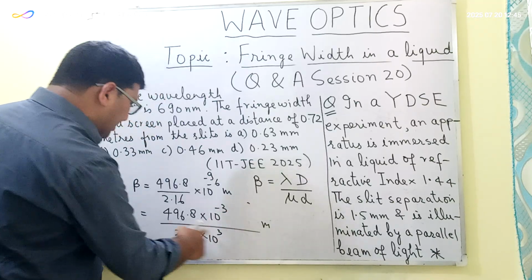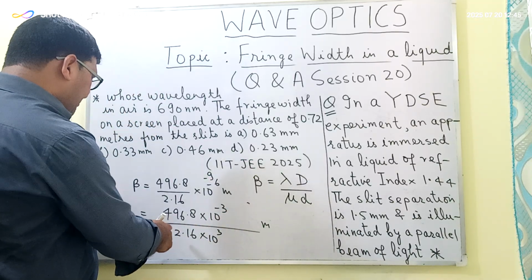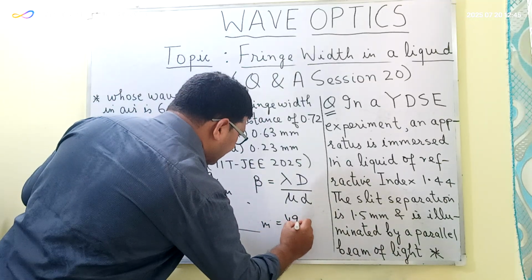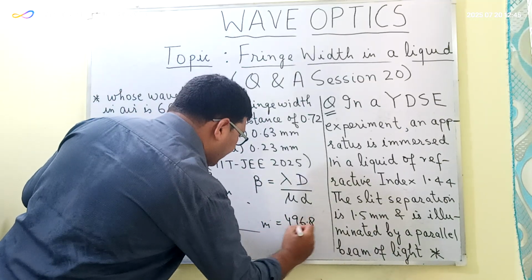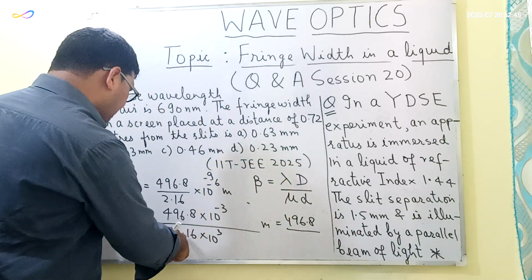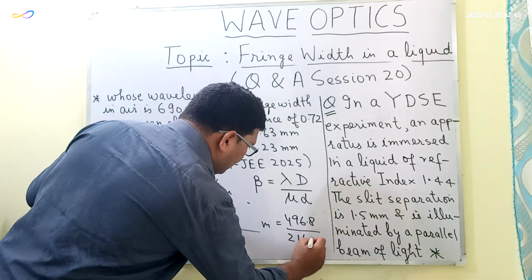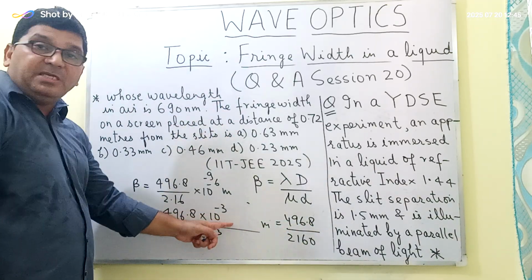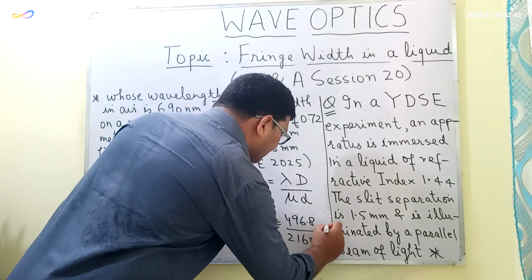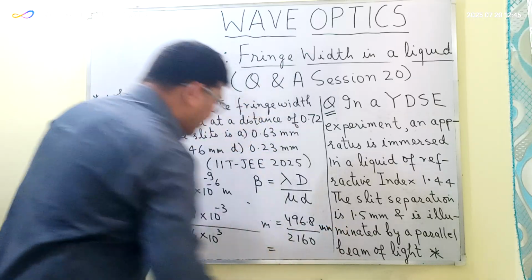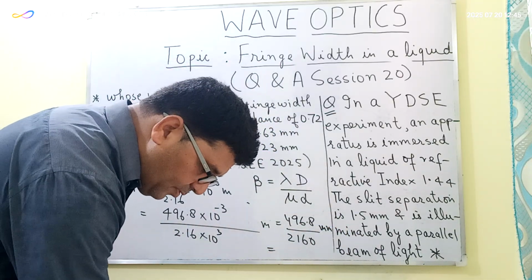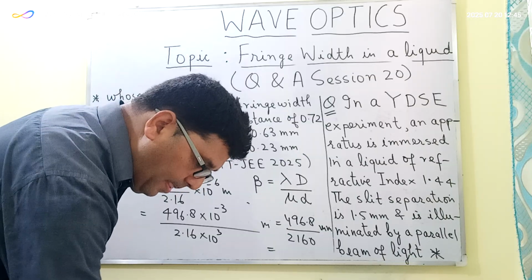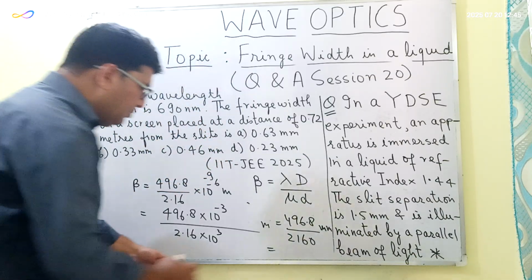So I get 496.8 divided by 2160 into 10 to the power minus 3 meters, which is the value in millimeters. This is equal to 496.8 divided by 2160, which is 0.23